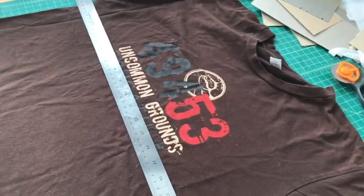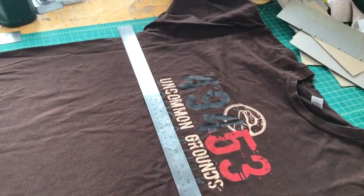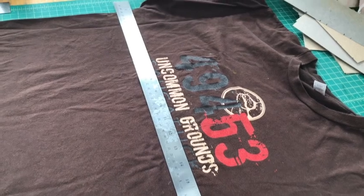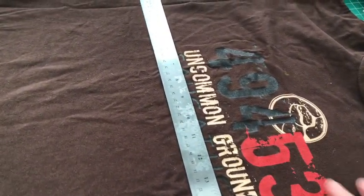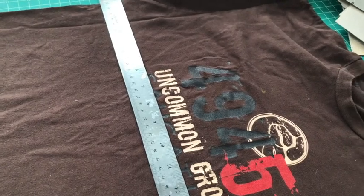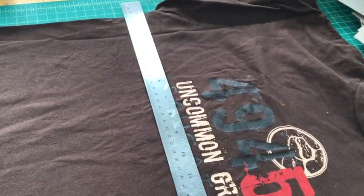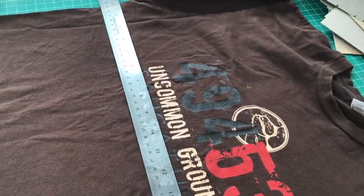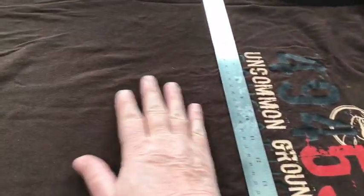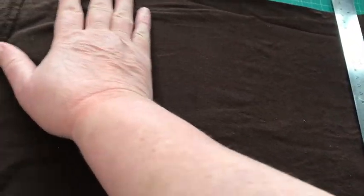So I'm going to use t-shirt strips for my side ties on the mask. And I'm going to use some old t-shirts. I went through my drawer, some t-shirts that I never wear anymore, and gotten little stains or paint or something on them. So first thing I'm going to do is lay it out on a cutting mat so that it's nice and flat. And one of the first things that you realize is that